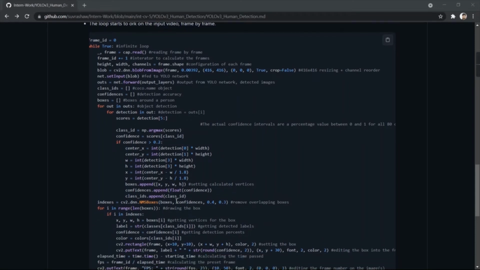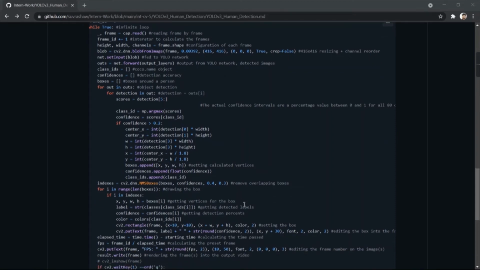Now for removing overlapping, we have used the dot NMSBoxes method, and obviously, as I told, for removing overlapping boxes. Now the overlapping boxes are removed, then draw the main box. For drawing, we initialize i in a for loop. Range will be the length of the boxes.